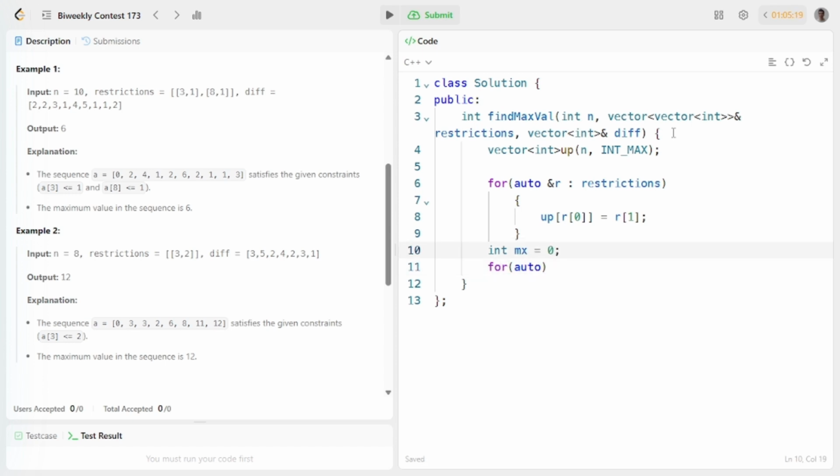And index is going to be 1 for auto. So current value at index is going to be current, previous. Previous is 0 because previous was the index. 0's value will be equal to